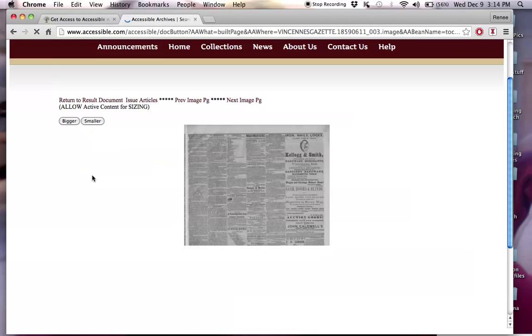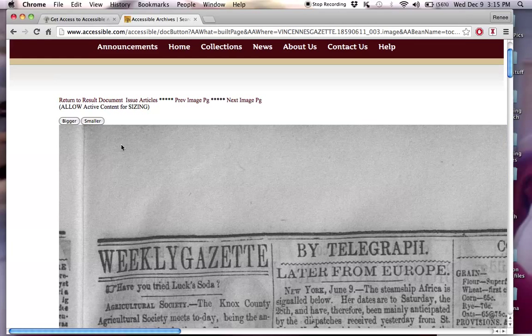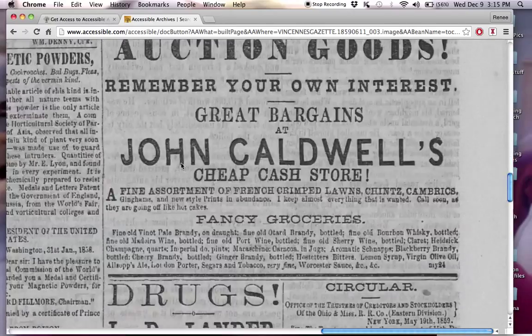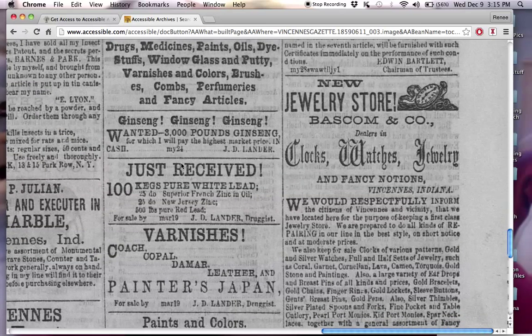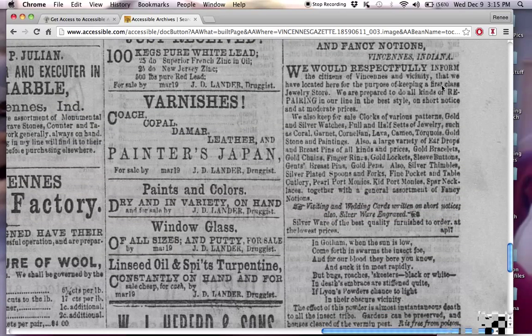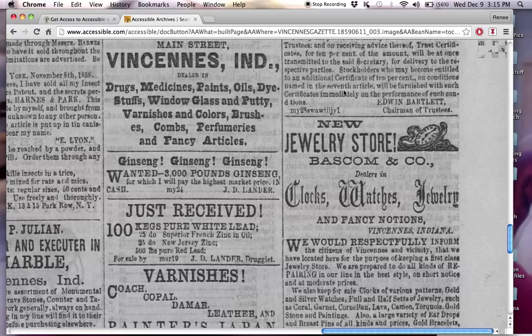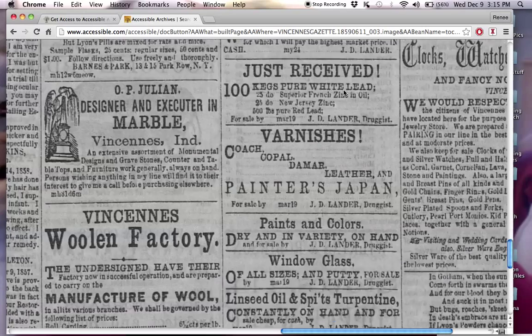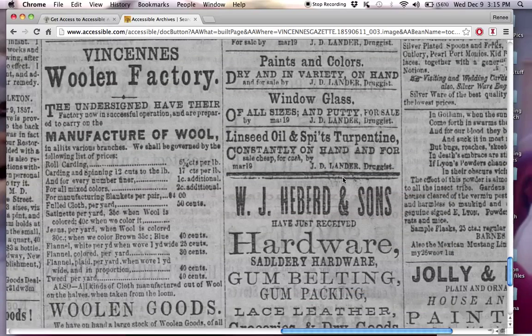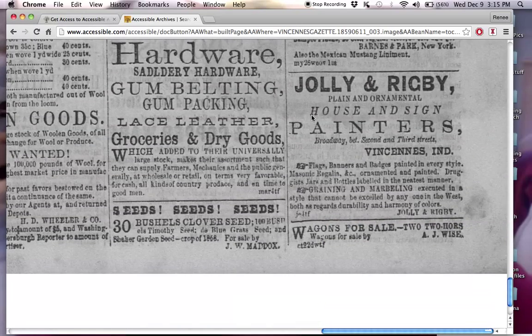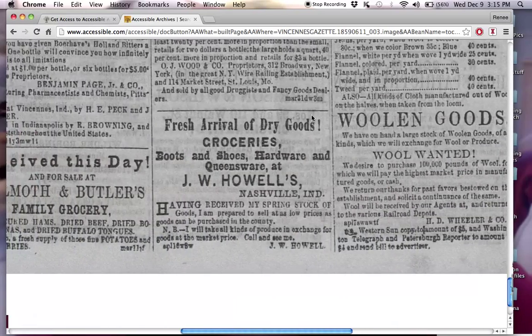the actual newspaper. This is what's just amazing about Accessible Archives, is you have access to these advertisements. Look, here we are. I would never have guessed that, but that's a really nice font, and those are nice pictures. And now for my shop, this gives me an idea of what I could do in terms of an advertisement. But also look at all of the other things that they have here. Window glass, putty. I never would have thought the word putty was popular then, but I don't know. Painters, groceries and dry goods,